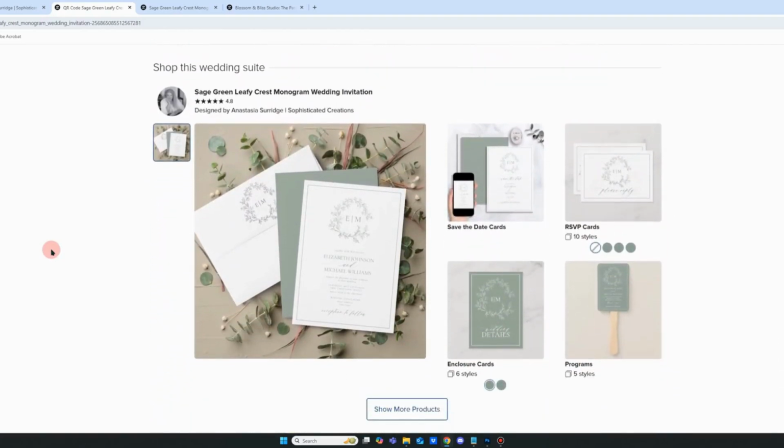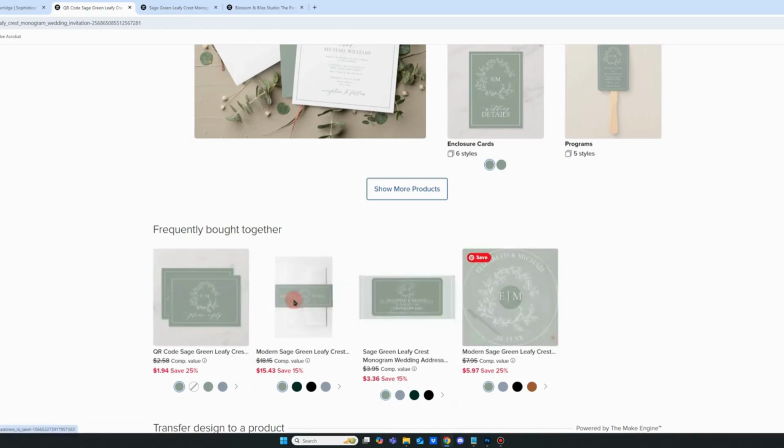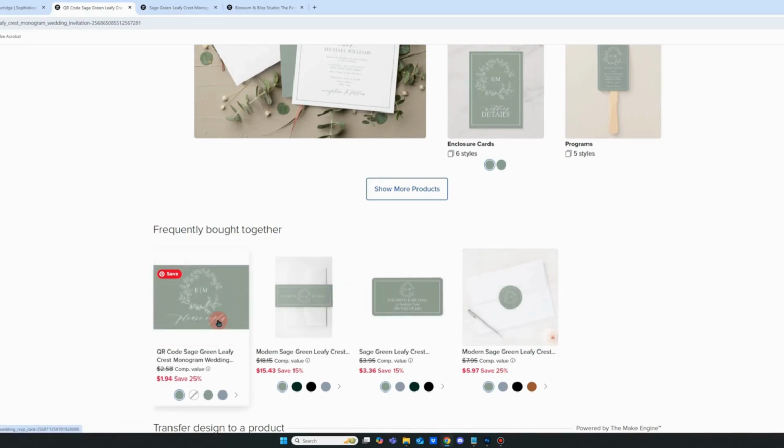We'd like you to go here. This is where you'll find the collection that we've created of all the products. Now, what you can do is scroll down here and see what people have frequently bought together. This is just a really quick way to go through and say, oh, rightio, okay, people buy an RSVP card